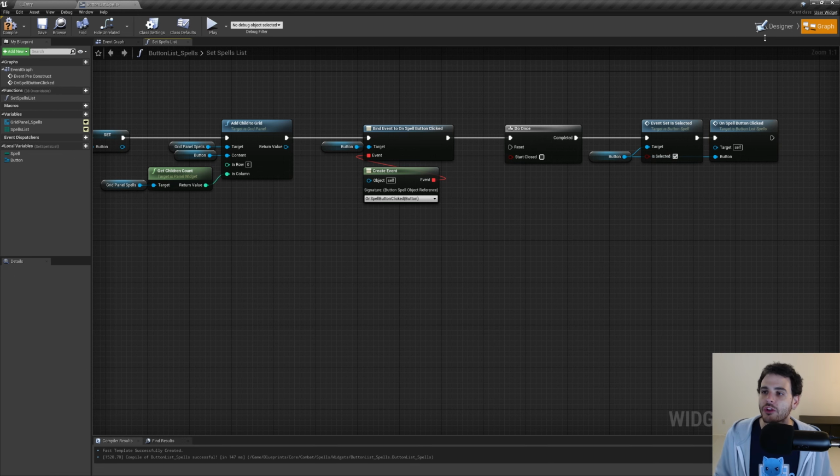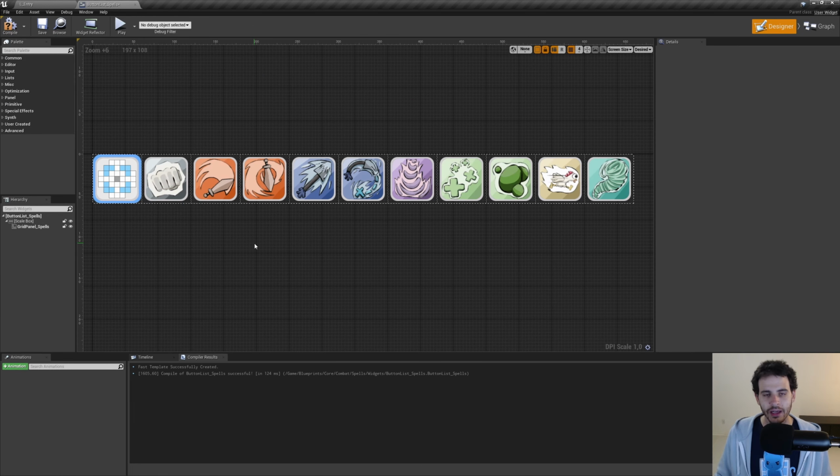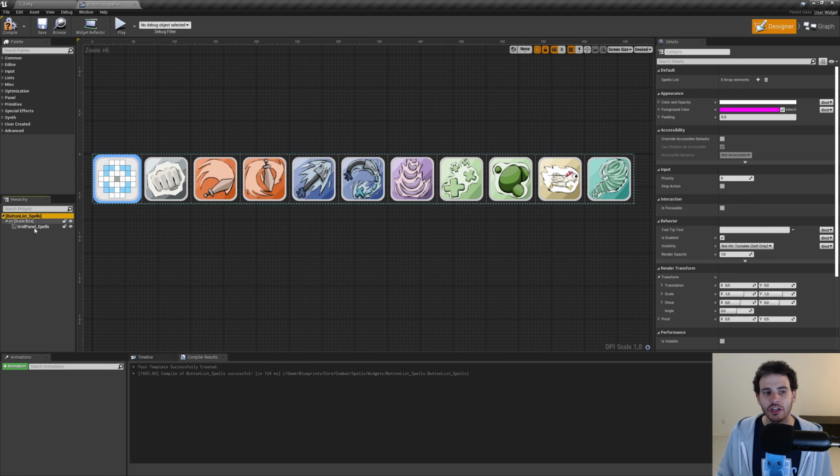Good. Now we can go back in the designer to see the result. And here it is. So I have my spell bar, which is displaying all the spells that we have in the game right now. So I have my default spell, and then the arrow one, the sword ones, and all the other ones. And it is because the spell list is currently empty. If you select the button list on the left right here, we can see that the spell list in the top right corner, the default variable is empty. So that's why it is spawning all the spells that we have in the